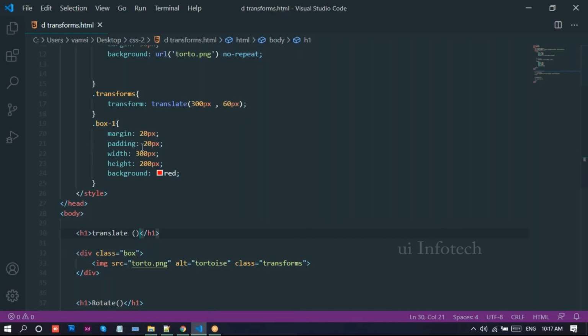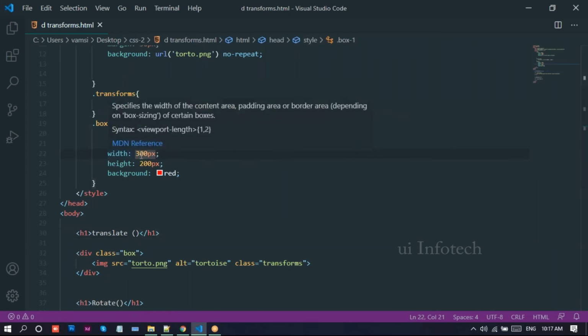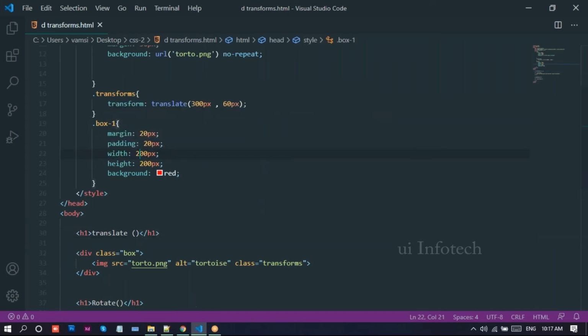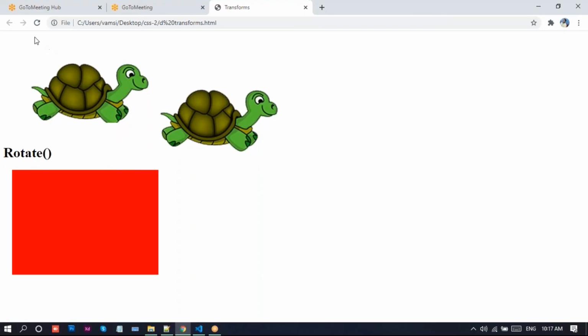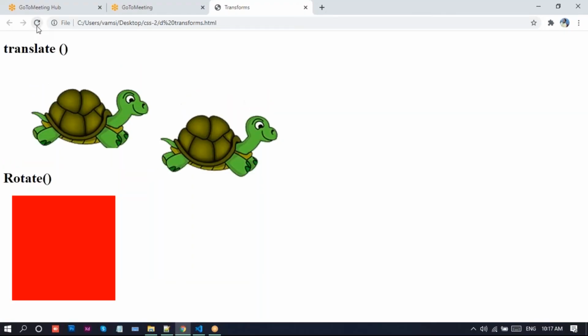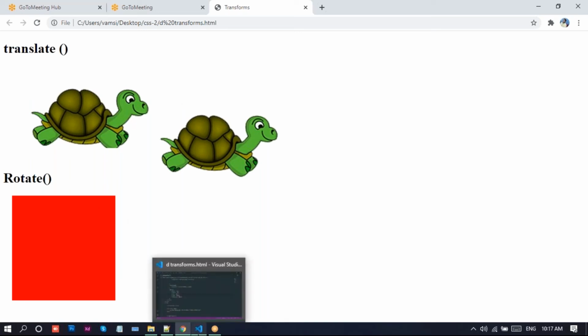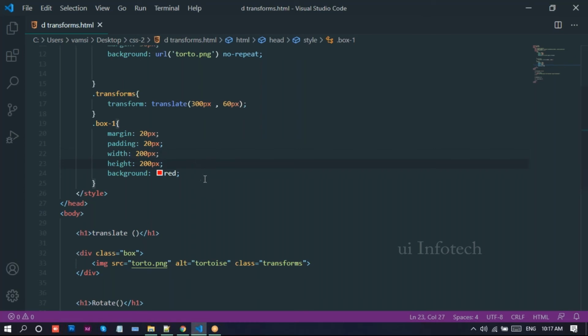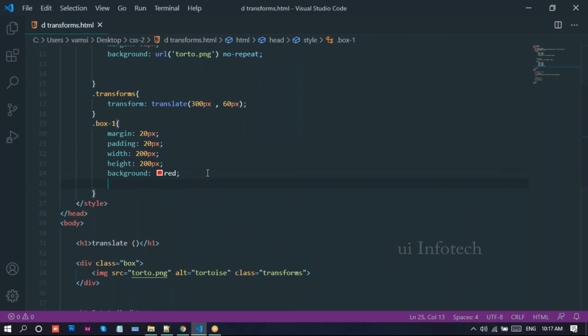We created this rectangle box. See here, I just adjust this width and height, so I need this also 200. Let me run this one on the browser. Go to this browser, just reload this page. Now we place the square box, and go to this Visual Studio.